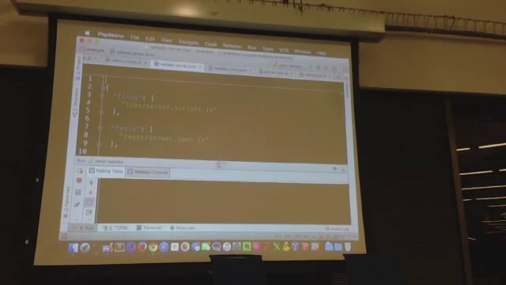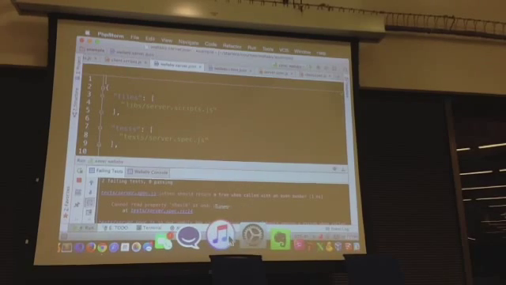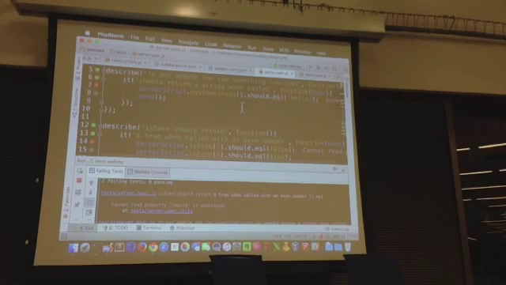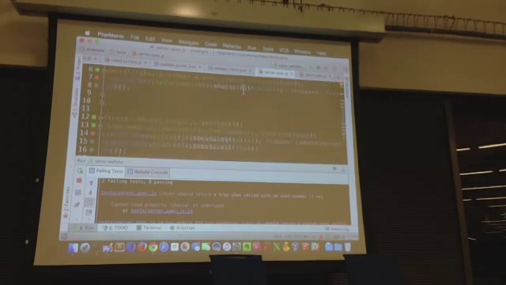Immediately I'm going to start seeing at the bottom there, it did a really quick index of the files, and it loads everything up and makes sure it's in memory so that it can then execute only the tests that are necessary based on the changes that you make to the code. So the first thing I'll probably do is go into my server spec and write out my spec, and in this case, it's going to immediately start giving me feedback, and it's going to say, hey, you made a